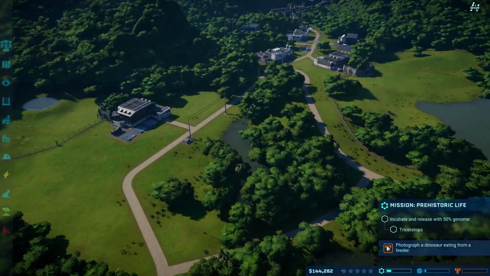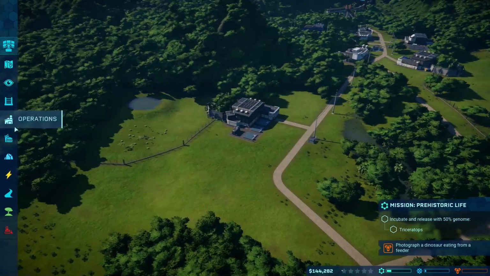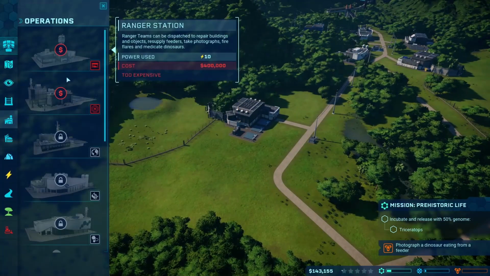Alright, so the problem is the contract that I need a building, which I can't buy. I need the ranger station. There are also a couple other stations too. The ranger station basically has the jeeps where you can, as you can see there, repair buildings, objects,